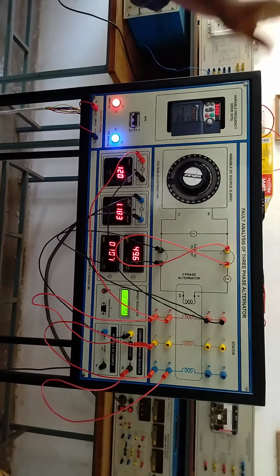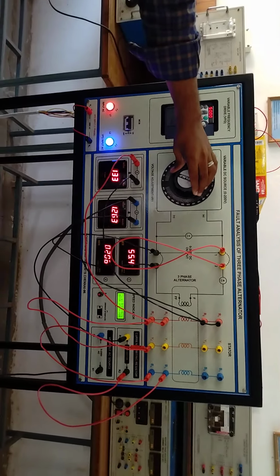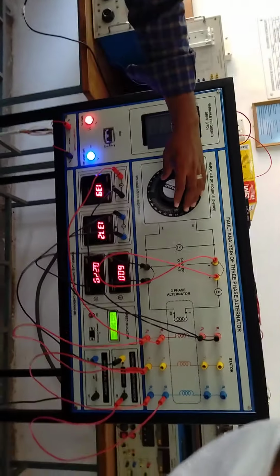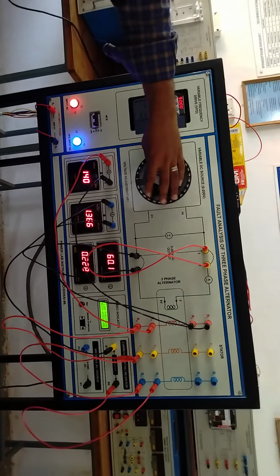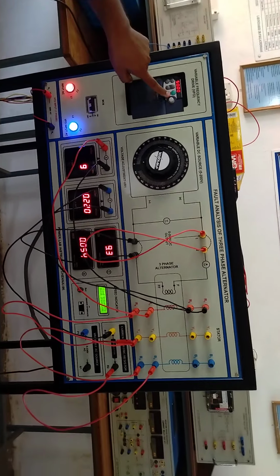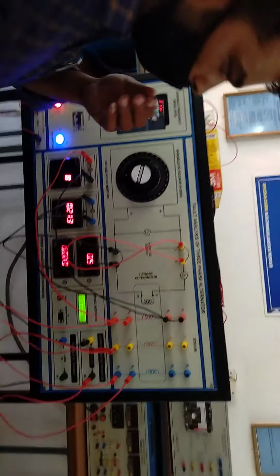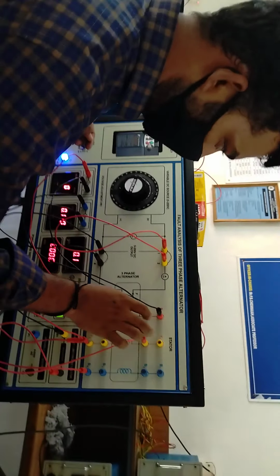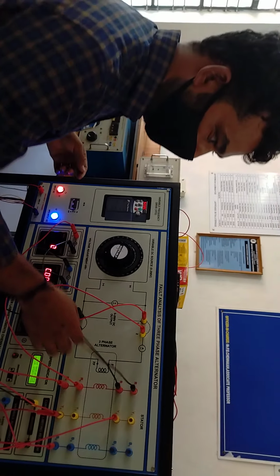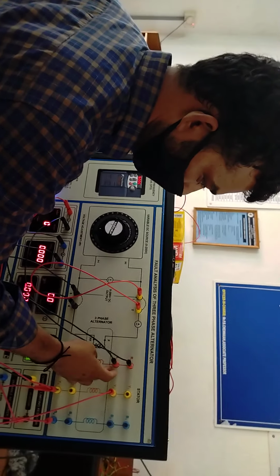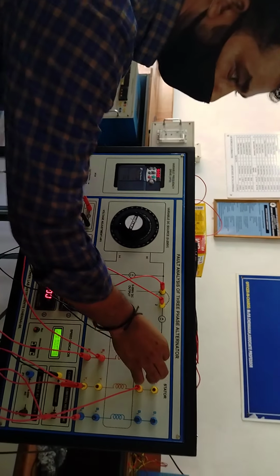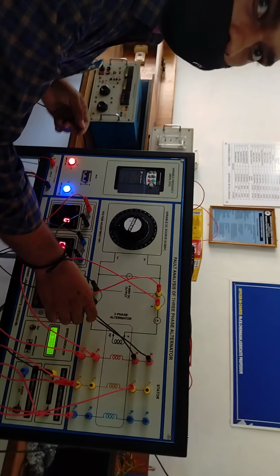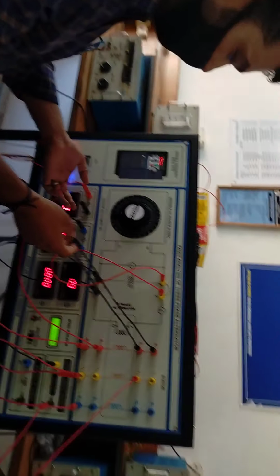This is the LG fault. Similarly, the LL short. The only difference is the connector here. The voltmeter is already connected in the same way. We are creating a short LL fault across R and Y. The voltmeter, as I already told you, is connected to whichever phase is starting. So R is starting, and the R voltmeter is connected here.